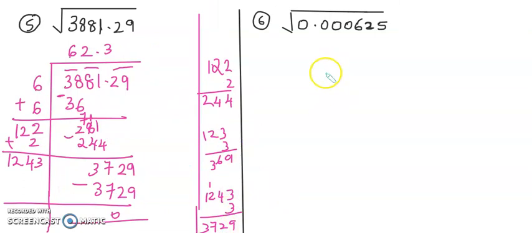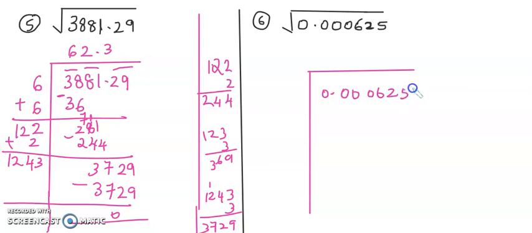Okay, now it's something with the zeros that we have to again pair. So let's take 0.000625. Now I don't have any number on the left of the decimal, so I'll start from the right side. So 10th and 100th place, 1000 and 10,000th place, and the other two. Correct? Now first is a 0. So 0 is not a perfect square, and there is a decimal. So you shift both of them to the top.